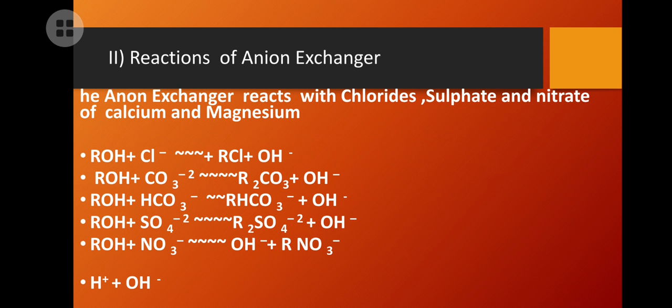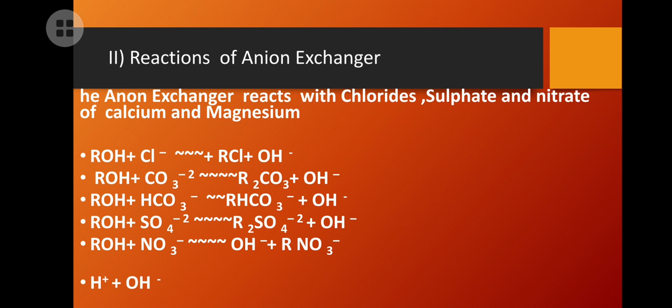After the cation exchanger, we will see the anion exchanger. As the name suggests, in the anion exchanger the negative ion is exchanged. It is represented by ROH, where R is a complex that is not exchanged and only the OH group is exchanged. It is known that the hardness is caused by five negative ions, namely carbonate, bicarbonate, chloride,